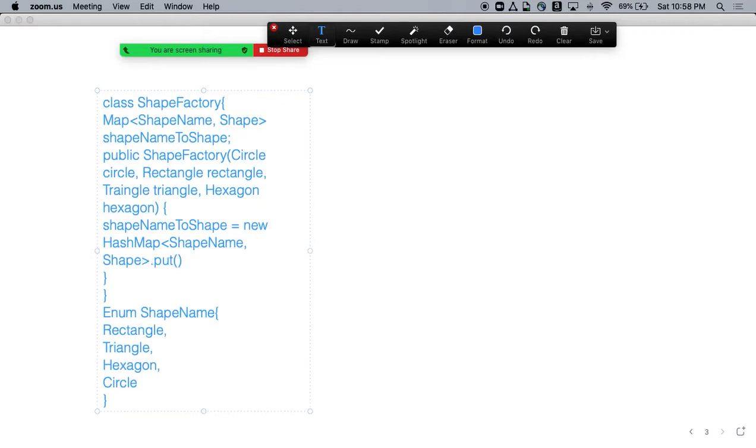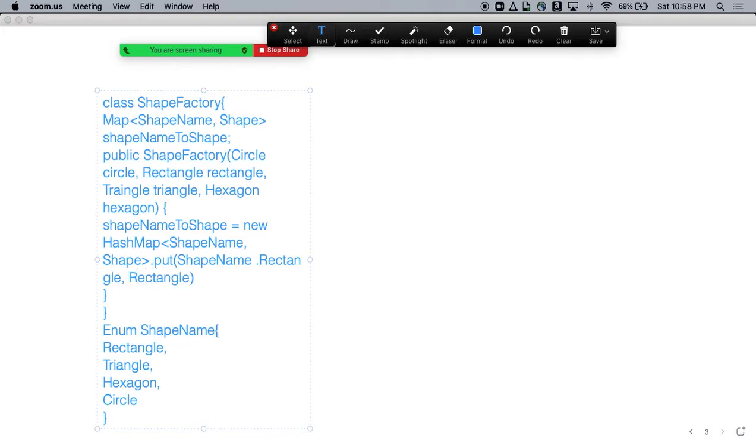Then we put ShapeName.RECTANGLE, comma, new Rectangle.